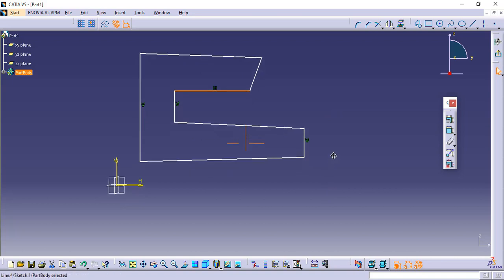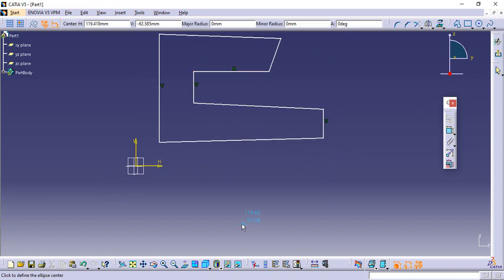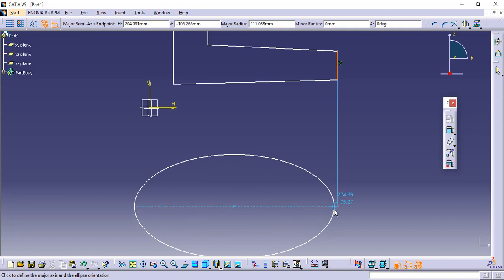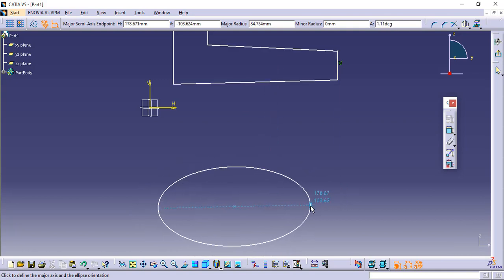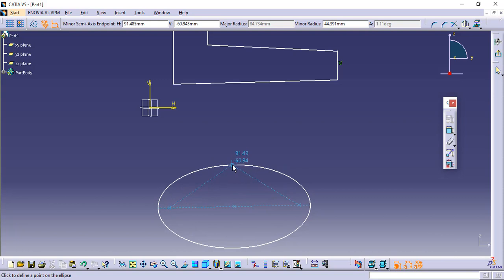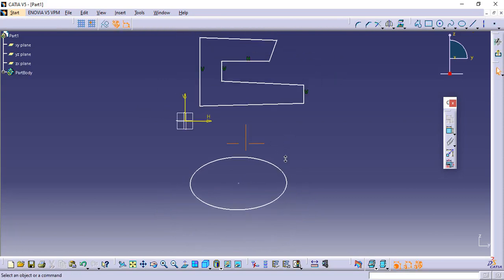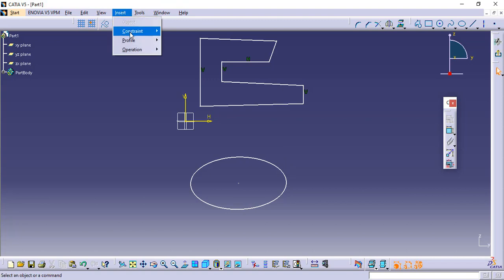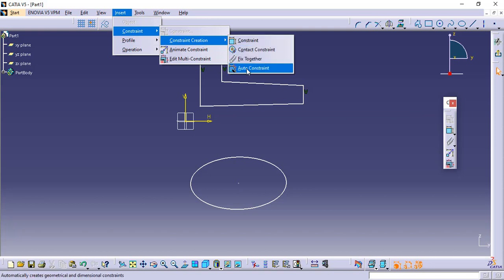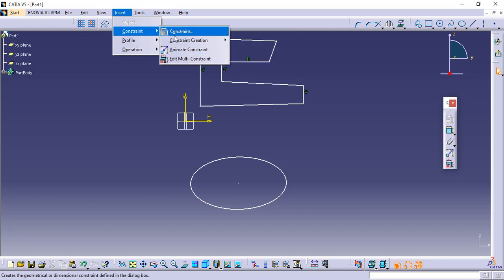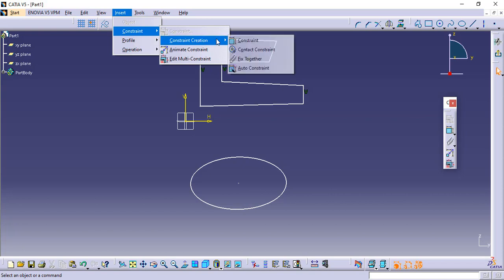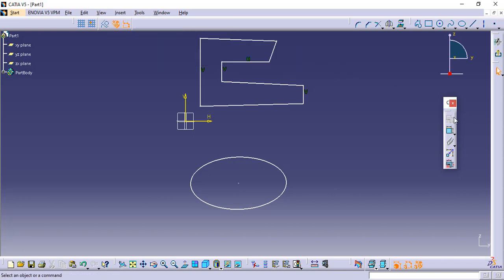Now I will make one ellipse too, so I can explain some more commands. I will give a major axis, and I will press the shift key so no snapping will be there. To use the constraints command I can go to Insert and there is Constraints. We have 4 major options, and under constraint creation we have 4 more options, so in total 8 options under the constraints command, and all 8 options we can see here in the toolbar: 1, 2, 3, 4, 5, and 2 in this, 6, 7, and this one is 8. Now one by one we will study all of them.